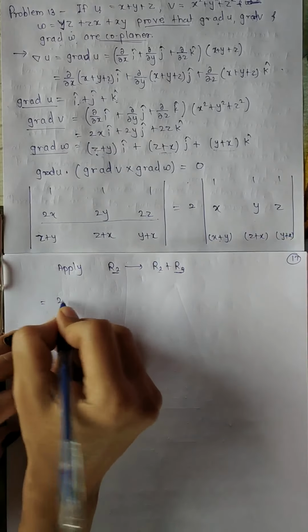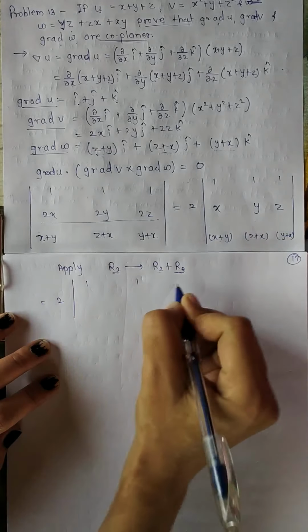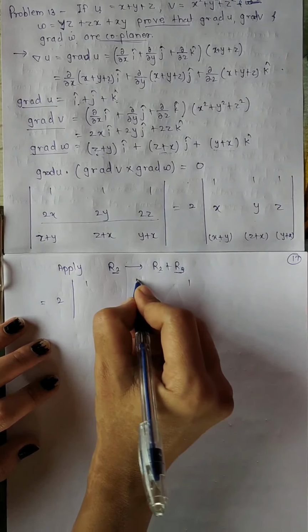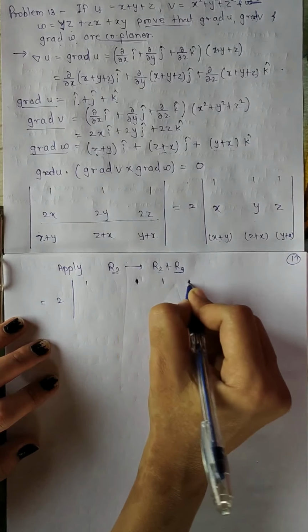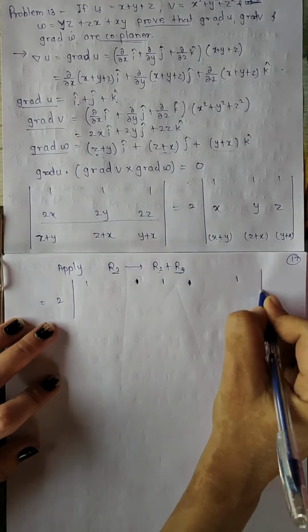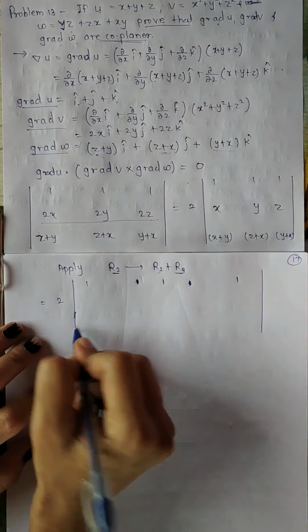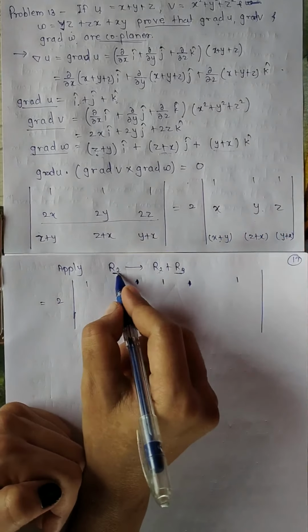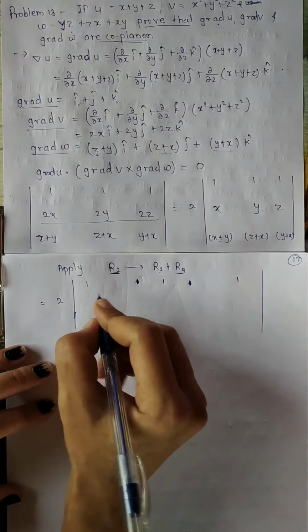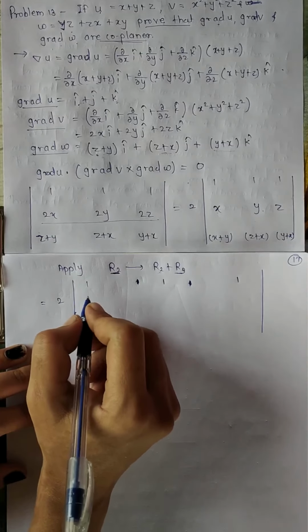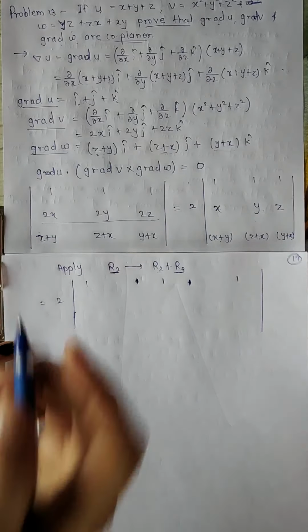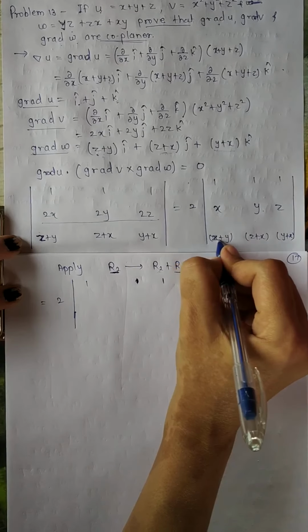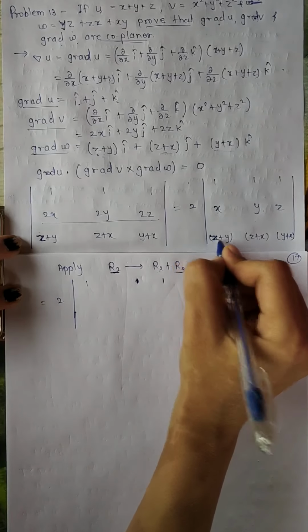So we will get here 2 into 1, 1, 1, and here now let me write it at a little bit distance because the rows are larger. Now we have to take addition of these 2 rows and it is the resultant of the second row. So it is giving us the second row. That means here we will get... one correction. This is z. By mistake I wrote it here as x. So this is z. Make this correction.